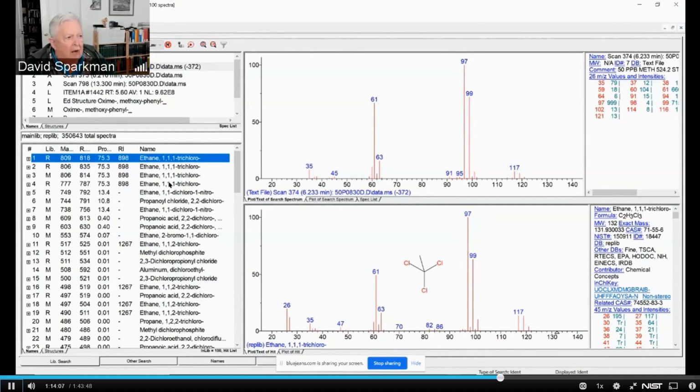Now, this is a powerful tool that we have in doing searches, these background subtractions. But no longer do we have to do that because AMDIS would have separated those two components easily. Now, there are a couple of other things that AMDIS does that I particularly like. One of them is I'm going to go back